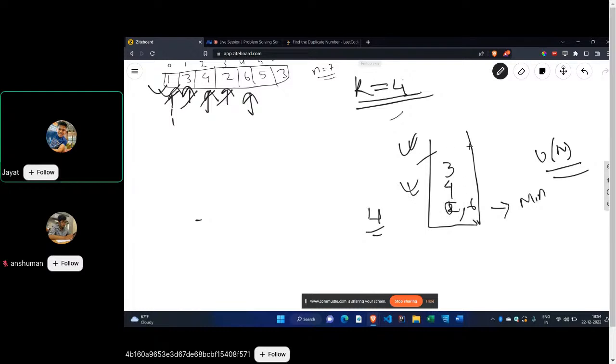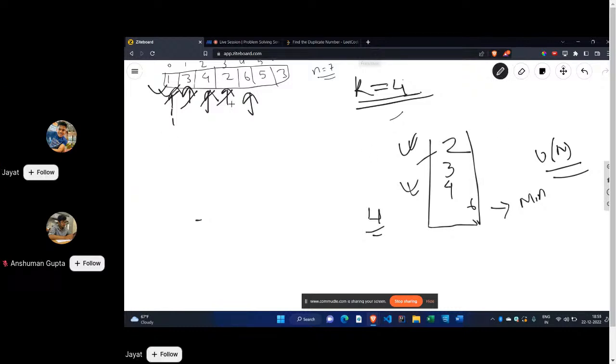2 will move forward, 2 will move to the top, मेरा 2 आ जाएगा एकदम टॉप में, ठीक है, 2 आ जाएगा एकदम टॉप, yes or no? 2, क्योंकि मेरे को जो मिनिमम है अभी उसमें से जो एकदम मिनिमम है वो टॉप में आएगा, ठीक है, सही बात है, let's go forward, now comes 5।